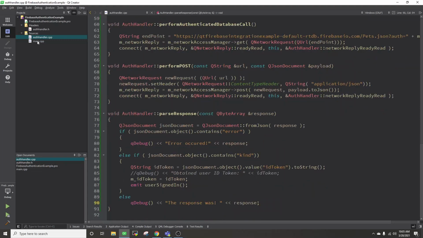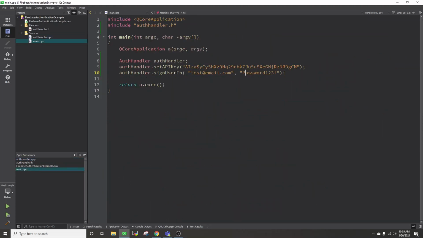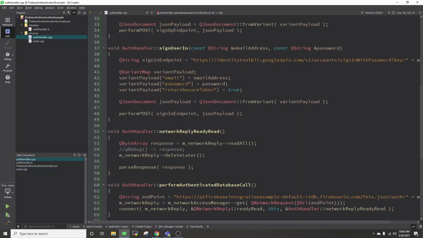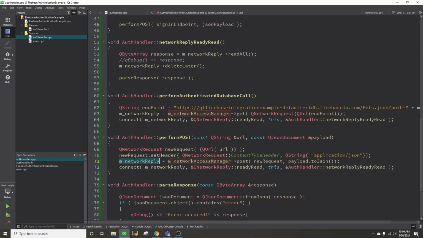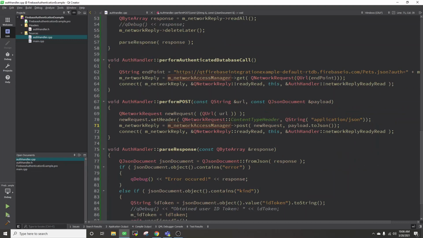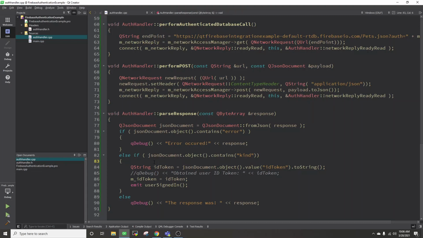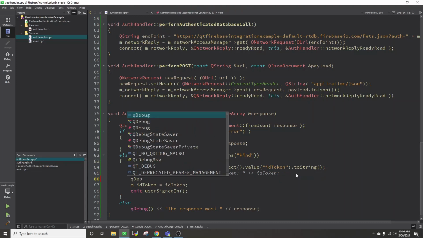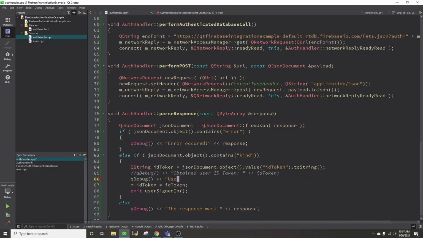All right, so if this works properly, we'll call Auth Handler sign user in. So when sign user in is called, it'll perform a post, which is here. We set our network reply equal to the QNetworkReply of the post. And when we get back information, it'll parse the response. Let's add in a qDebug here so that we can see what's happening. Let's just say qDebug, user signed in successfully. And then this will emit the user signed in signal, which we catch here in the auth handler to perform